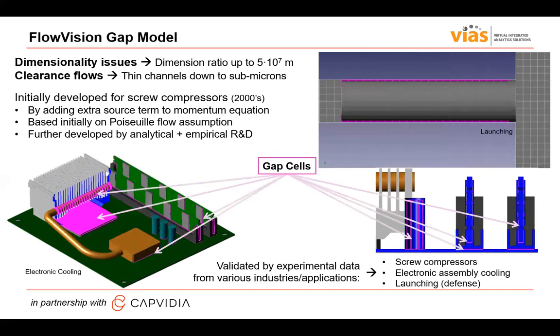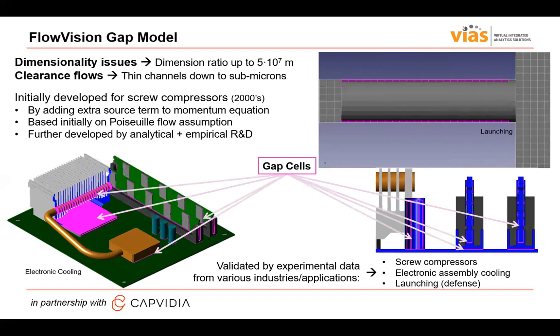And then for years, we have been using and validating our gap model with experimental data from various industries and applications. And looking at all those, what we say is that the most famous applications of the gap model are, of course, still scroll compressors,